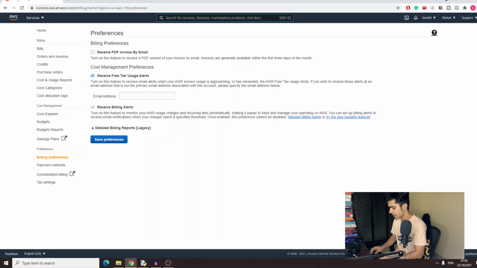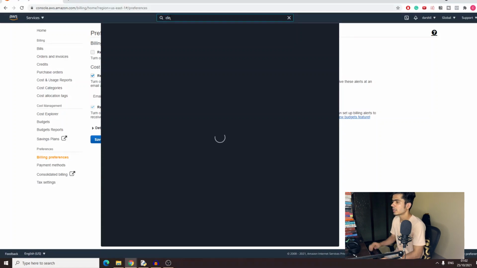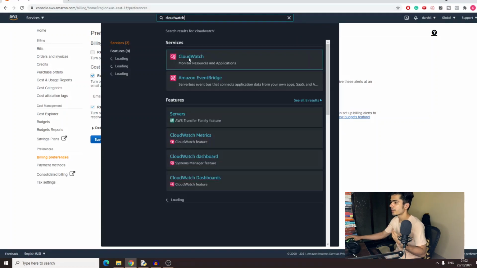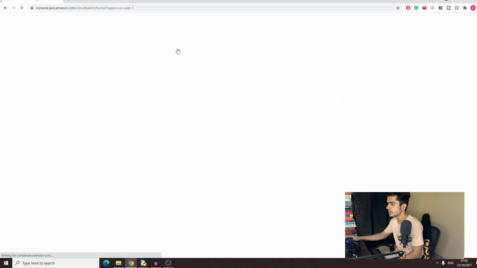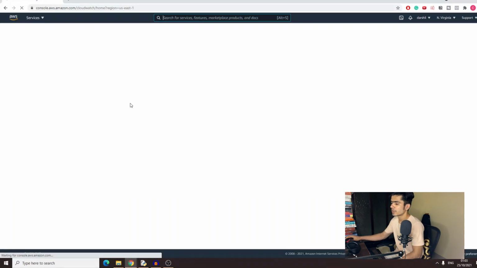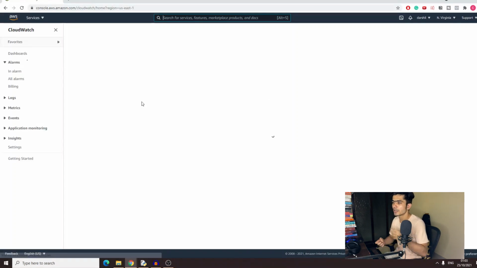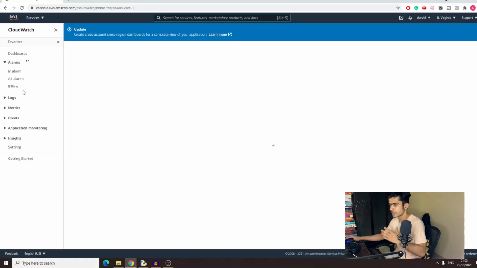Once you do that, you need to go to CloudWatch. CloudWatch is basically used for monitoring some of the AWS services and the resources you use. It keeps the logs of everything you do on the entire AWS. Once you open CloudWatch, we're going to set a billing limit. Let's say we set $5. In case you get charged more than $5, you will get an email notification that your resource is running and your billing is more than $5.